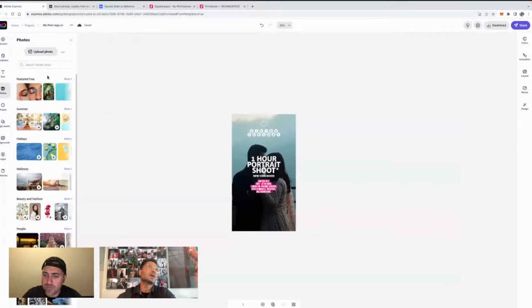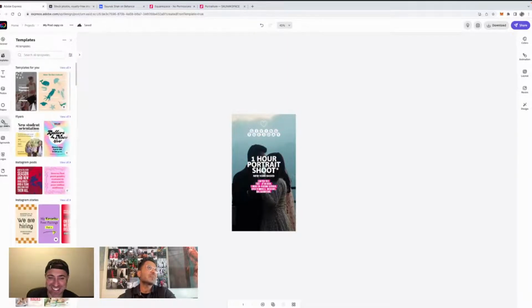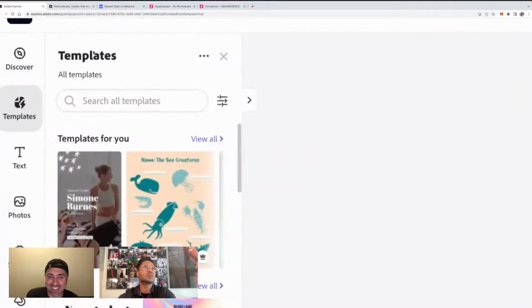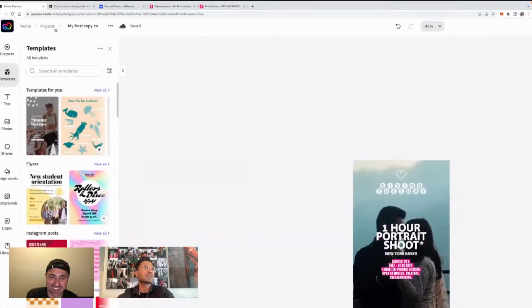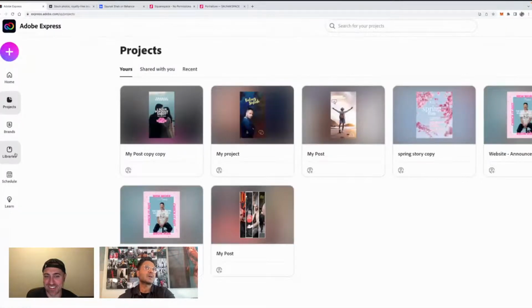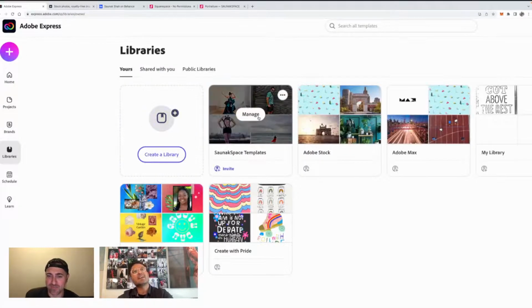Super convenient. I want to touch quickly. I know we're already, I mean, where does this time fly? I tell you, sometimes it's real fast in Express. Really, this needs to be like an hour segment. But again, if I go back to my projects here, if I go back to my libraries, I think,